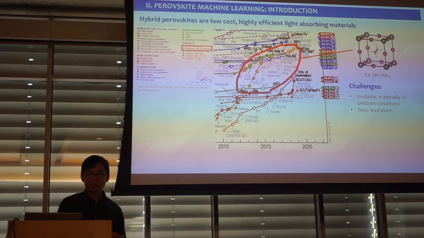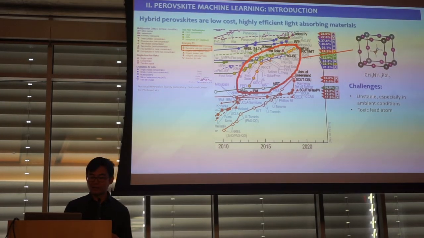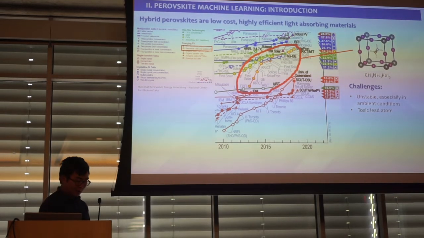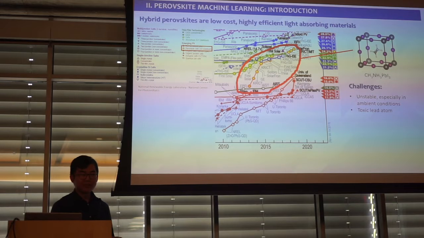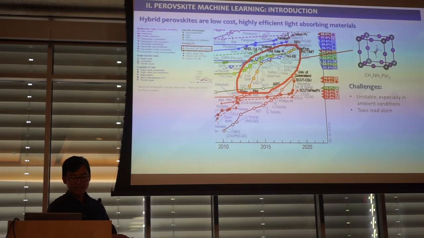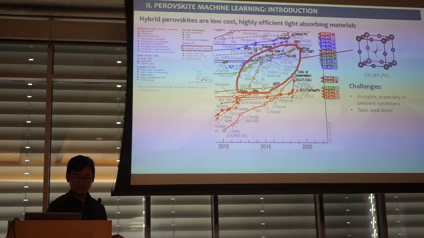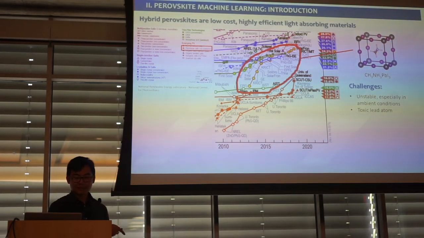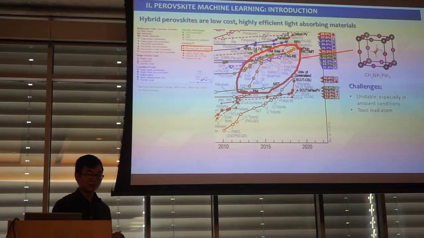Okay, so now I'm going to switch gears and talk about my next project, which is a machine learning analysis of the hybrid perovskite. So in recent years, there's been a lot of push for renewable energy sources, especially in the solar industry. And one solar material that has gained a lot of interest lately is the hybrid perovskite. Hybrid perovskites are a type of light-absorbing material that have very low cost synthesis requirements and very high power